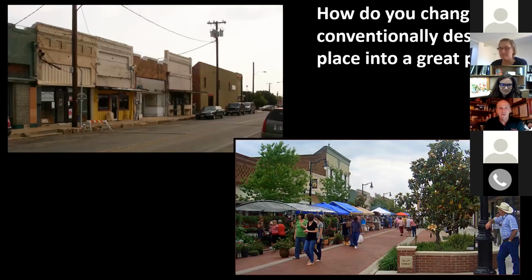This is another before and after. On the left, this is in Sulphur Springs, Texas, is a picture of the before. So there's the old state road going through the center of town, and that was the main street, and it looks like a dilapidated backdrop for an old Western movie. And on the right is the after picture with a really beautiful street with trees.